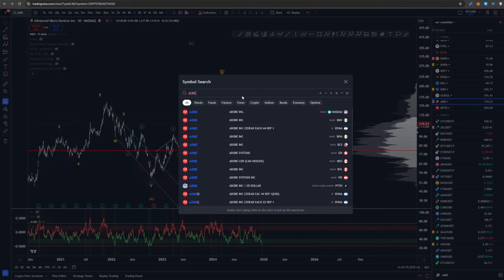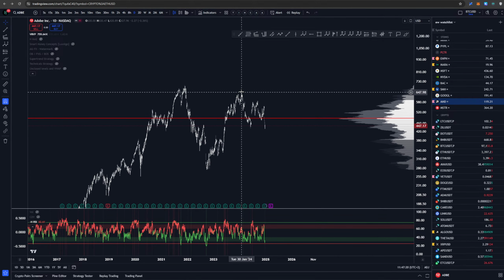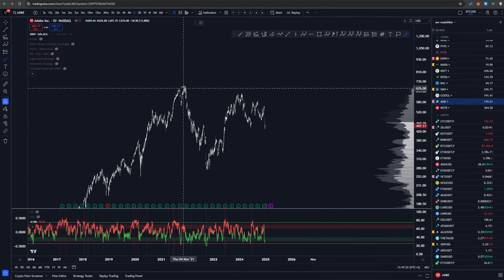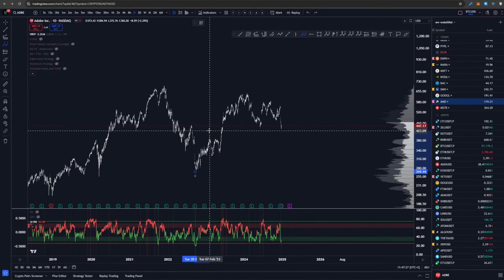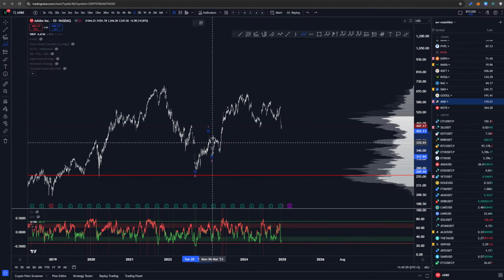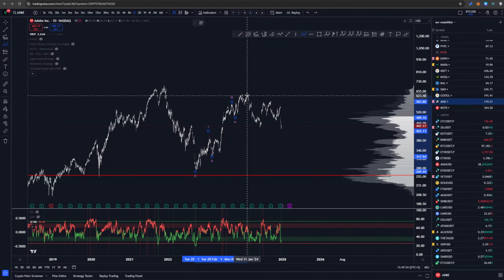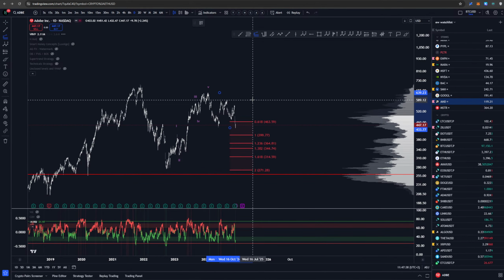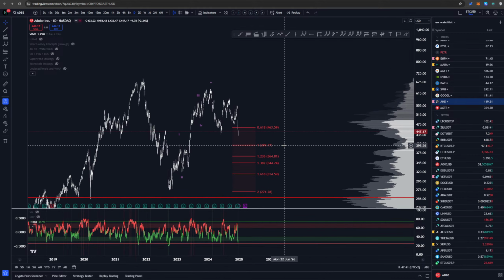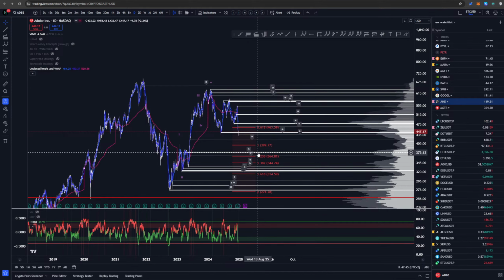ADBE, what is this? Oh, Adobe, okay. I mean, this looks good. This is kind of scary, like on most. This can easily be labeled into some kind of 1, 2, 1, 2, 3, 4, 5, 3, maybe 3, 4, 5, something like this. This can be easily done like so. And then you could be looking for something like this, 1 to 1. There's not really much there. 1 to 1. There is this area of volume.